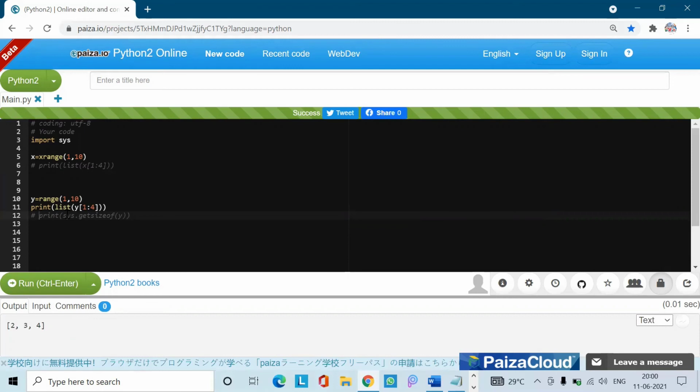For example, in the range of 1 to 10, when I try to access the values 1 to 4, it has given me 2, 3, 4. That is the values that are assigned to the appropriate indexes. At an index of 1, it is 2. At an index of 2, it is 3. It has given me up to n minus 1, that is the indexes 1, 2, 3. Okay, these are the values when I try to access the list using 1 to 4. According to the list, it follows an index, but it is like a slicing of a list.